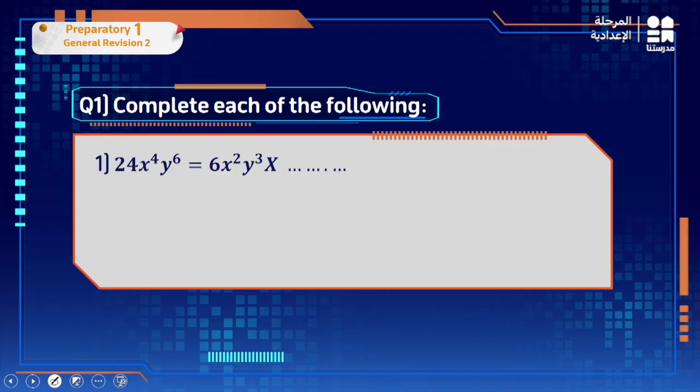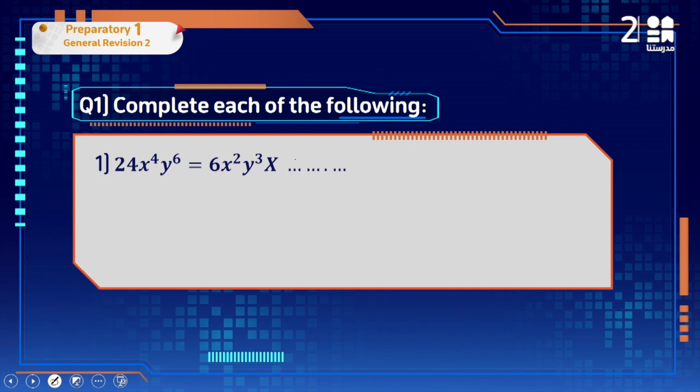General revision 2. Question 1. Complete each of the following. 24x to the power of 4 y to the power of 6 equals 6x squared y to the power of 3 times what? When we multiply, we add the exponents. Here we have the product, so I need to multiply